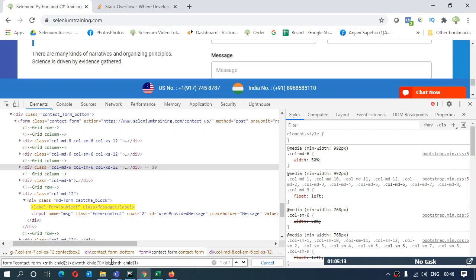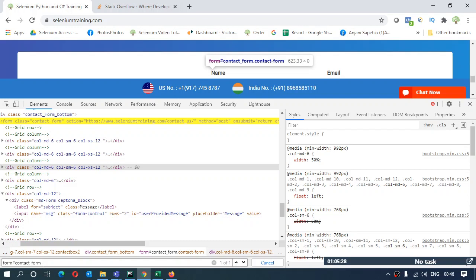So like that, a long form is with you and some kind of hierarchy is being followed. So the CSS selector is going to become a very long thing over here. So what specific thing does CSS selector have here? Just find out that single form on the web page and look for the element you want.